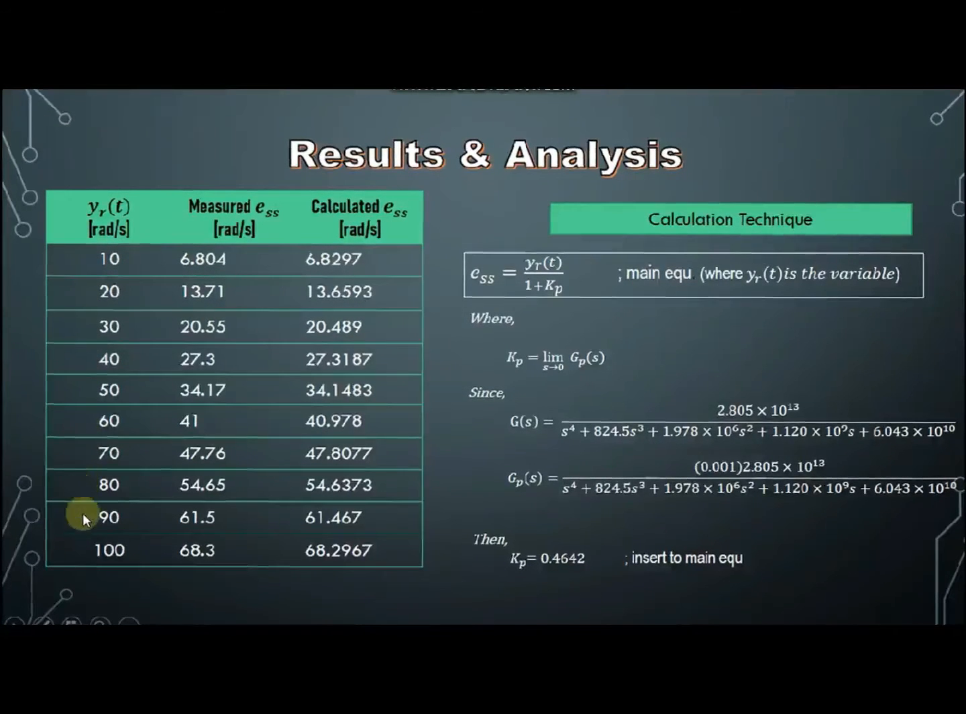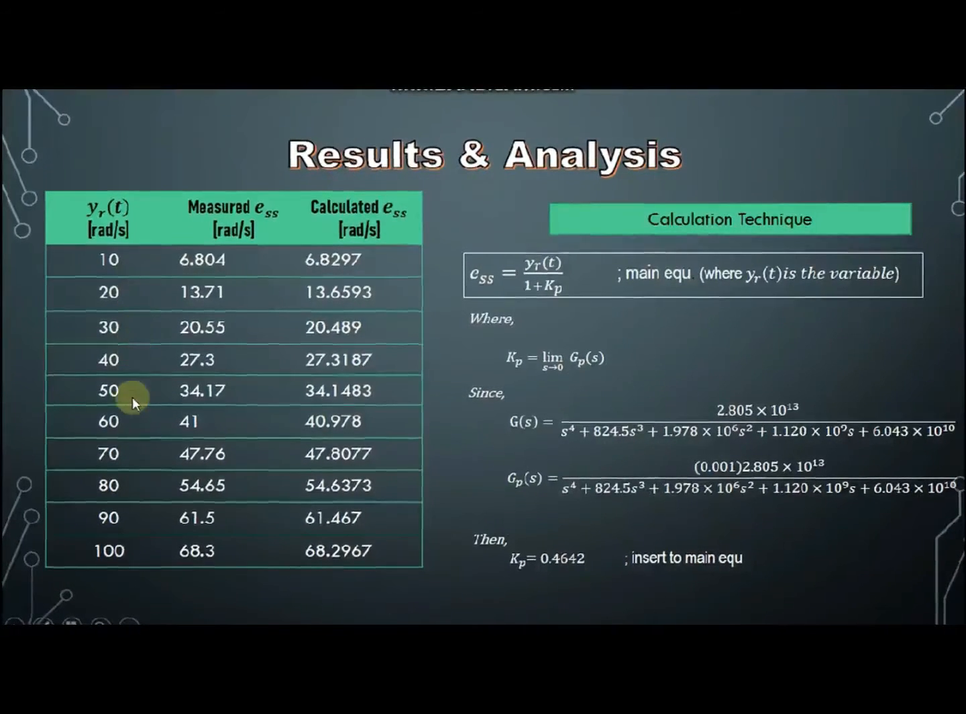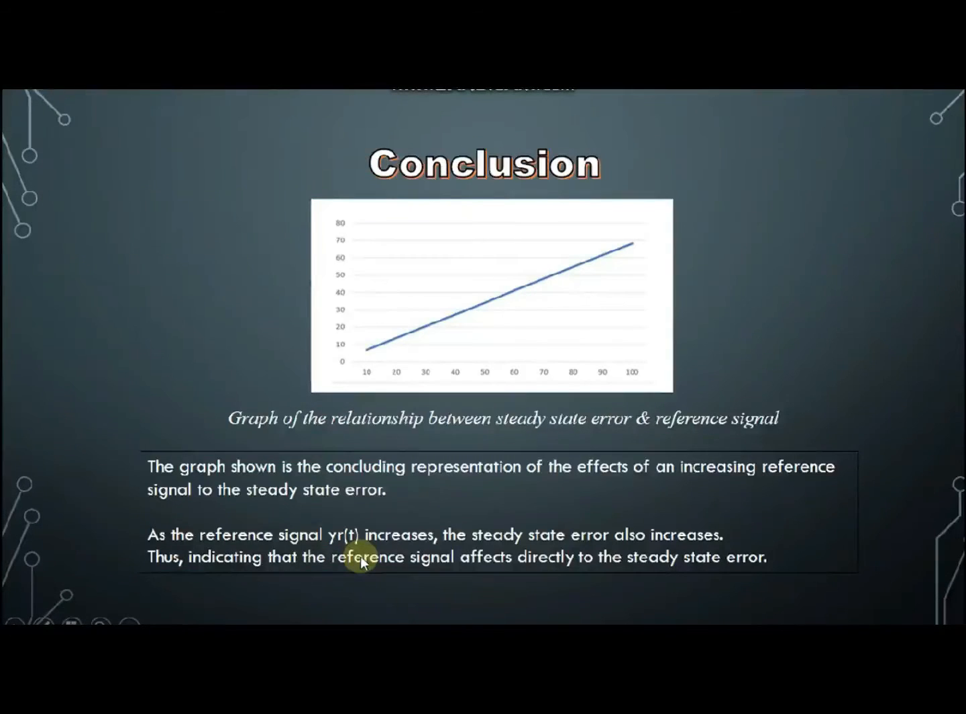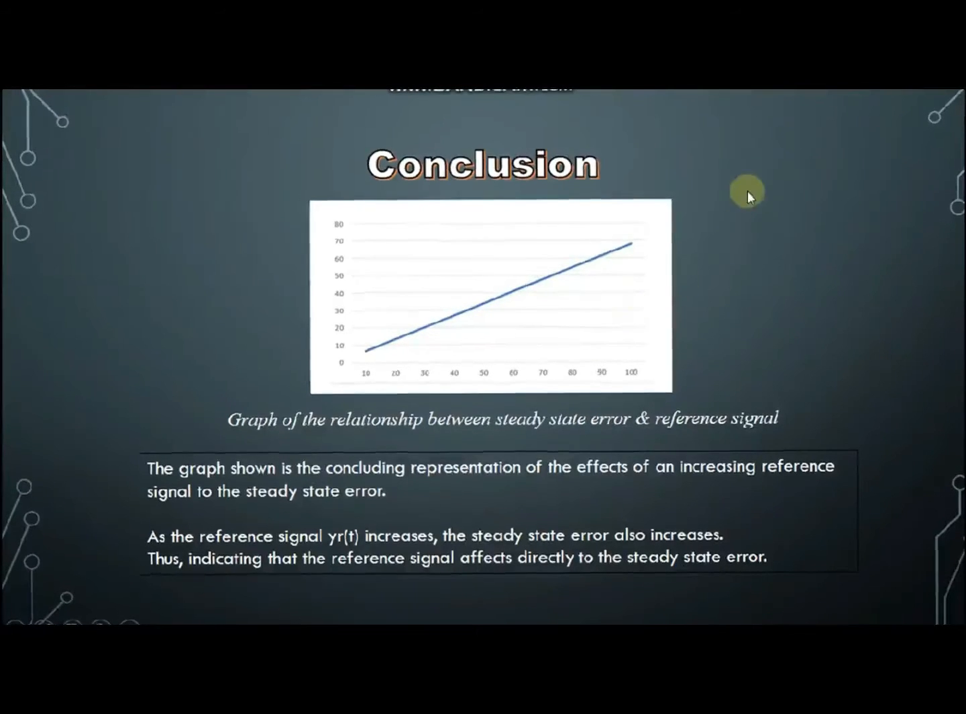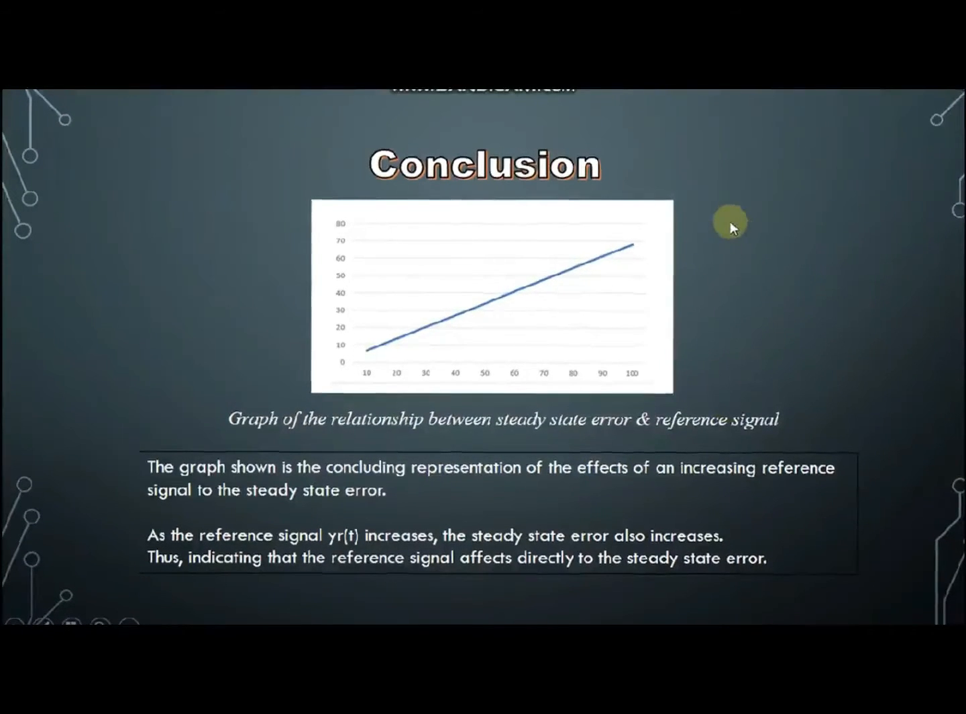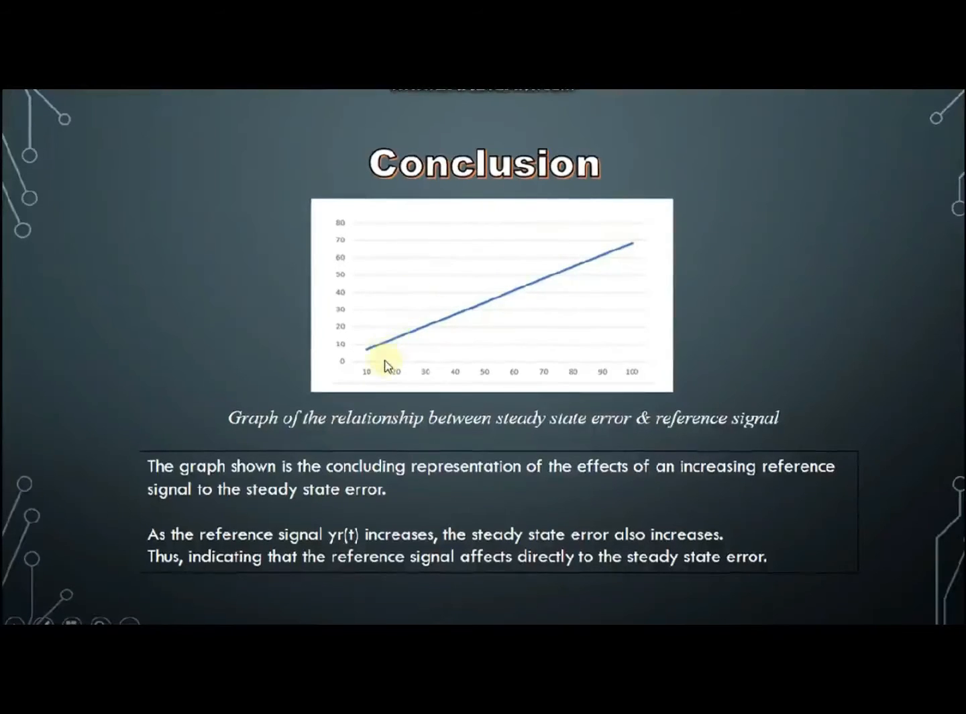And as the reference signal goes higher, the steady-state error readings also go higher. As a conclusion, we can show it in a visual representation from this graph. As we can see in this graph here, as the reference signal increases, the steady-state error also increases,